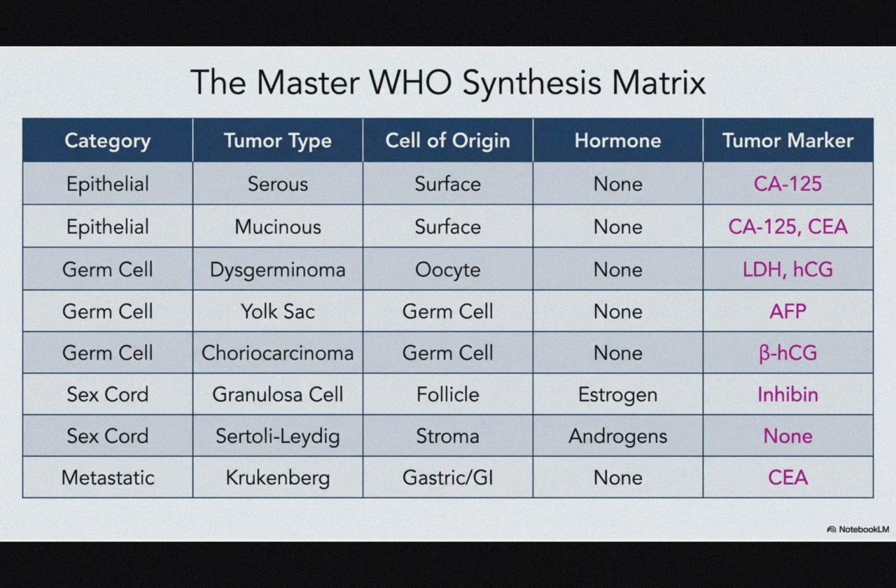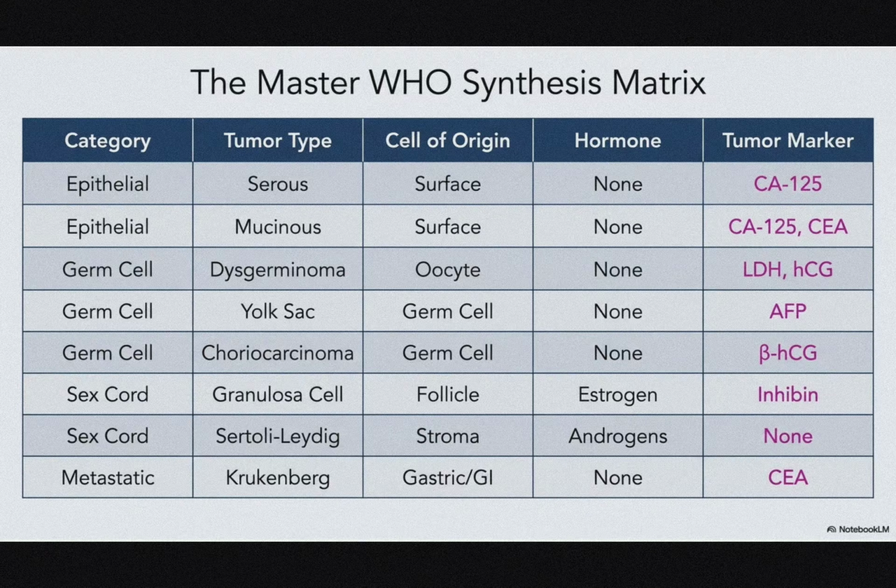So we have a master WHO synthesis matrix in this tabular column. So we have category, tumor type, cell of origin, hormone, tumor marker. So epithelial, serous, cell of origin surface epithelium, hormone none, tumor marker CA125. So category of epithelium, tumor type mucinous, cell of origin is surface epithelium, hormone is none, tumor markers are CA125